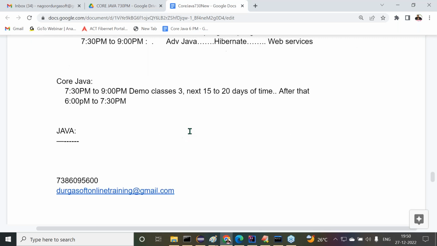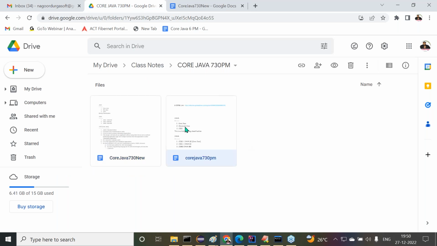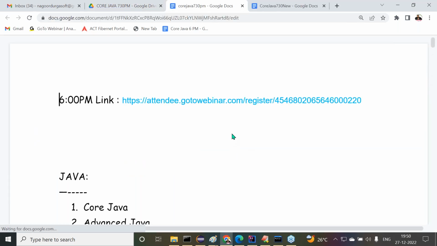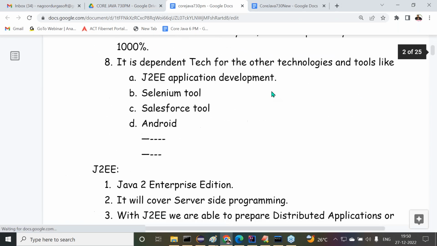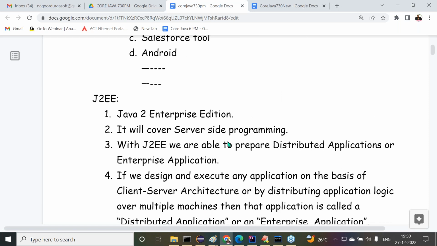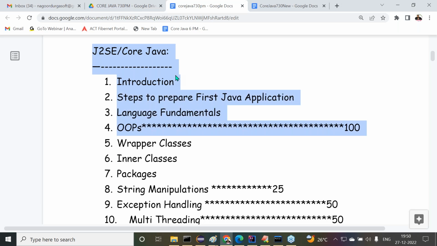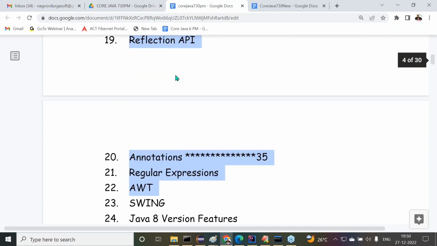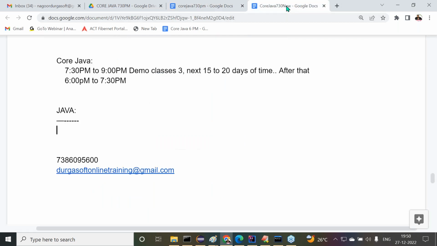Right, sir. And check it. Then today, the topic here, what I'm going to discuss with you, observe carefully. Whatever the content I'm going to discuss inside this Java, the total part here, I have given a list there. I'm going to type this total list of content, and we can check this in the document I have given.